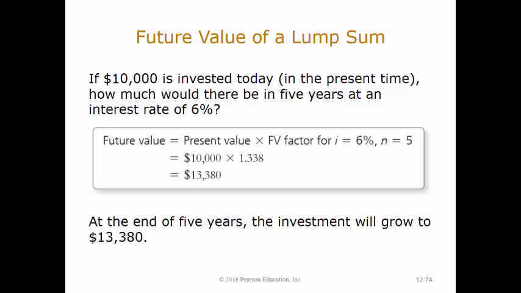Notice that the calculation is off by $3 due to rounding. The future value factors are rounded to 3 decimal places, so the calculations may not be exact. Also, the interest calculations in Exhibit 12A1 were rounded to the nearest dollar. Therefore, there are 2 rounding issues in this exhibit. However, we do have the answer to our question. If $10,000 is invested today at 6% for 5 years, at the end of 5 years the investment will grow to